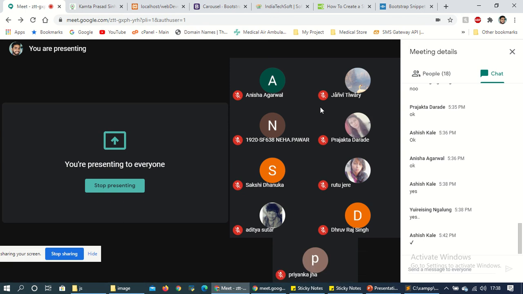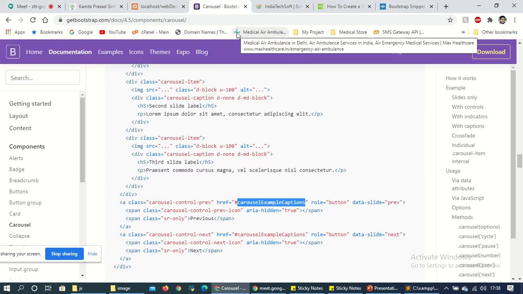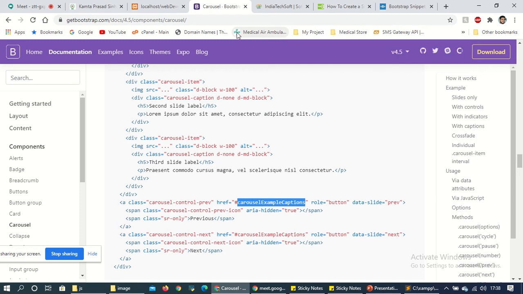You all are now getting confused about where you can copy the code from. To study and know the skills, we have to refer to the getbootstrap.com site. This website we have to refer. This is for carousel, this is for card, this is for collapse, this is for button. At that time it will provide some basic knowledge.